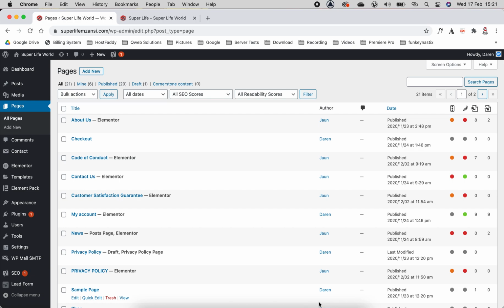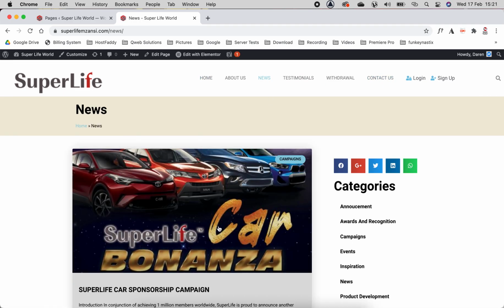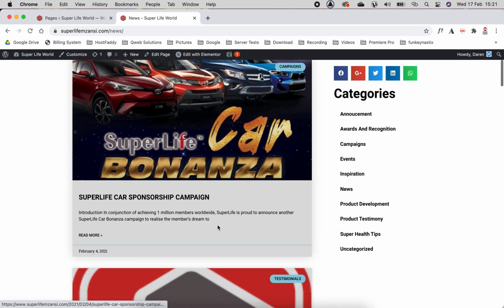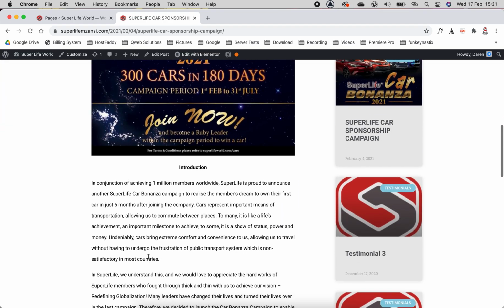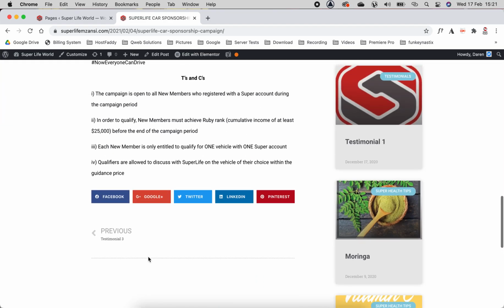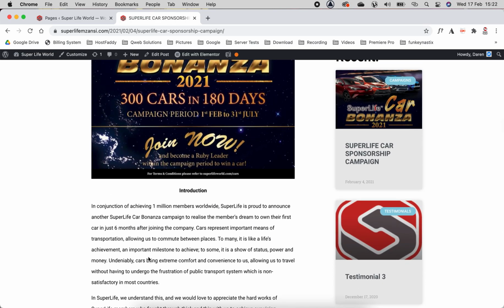Okay, so just to recap, we have now covered in the previous tutorials how to log in, edit the home page, edit the About Us, edit the Withdrawal, and edit the Contact Us. So now what we're going to do is I'm going to show you how to add news, because this page here is just factory set, and if we click onto here, this is information. As you can see, now this is what I'm going to show you how to do, and we're just going to do a test one so that you can get an idea,